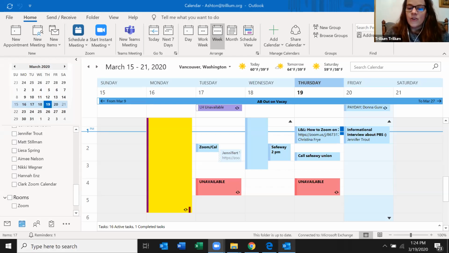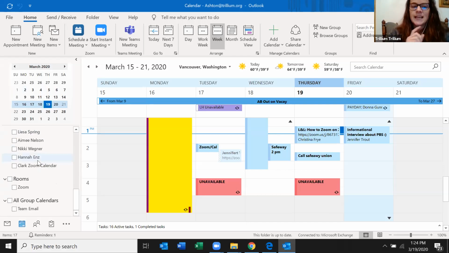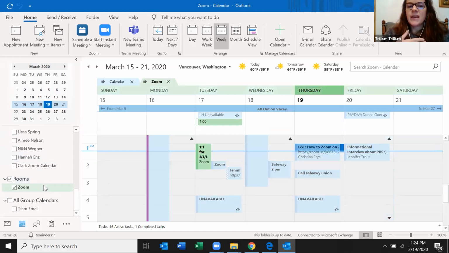And on that note, one thing that I did want to touch on is I did send out the to-do for everyone to go in and add the Zoom calendar to their calendars. Did everybody get a chance to do that? Cool. So the big reason for that is because,